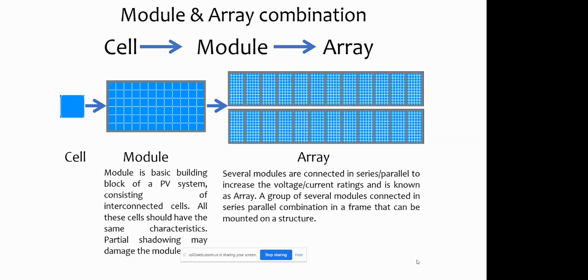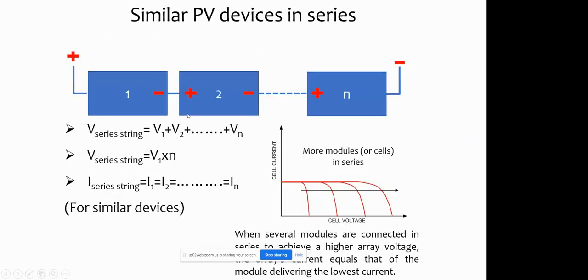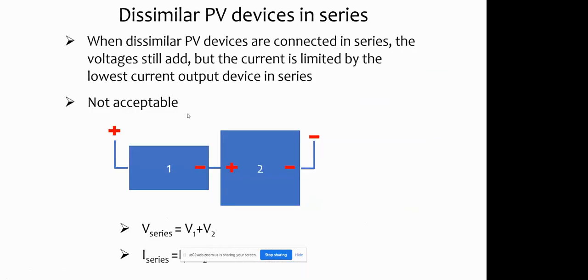Then you can think of one module as a single solar cell, and arrange these modules in a combination of series and parallel to get much higher voltage and much higher current. That is what is generally used. And then we have seen how we characterize from the cell level, to the module and to the array, and how the things will be changing.